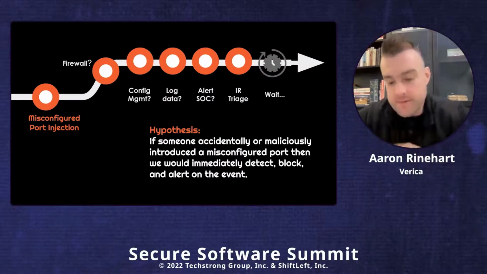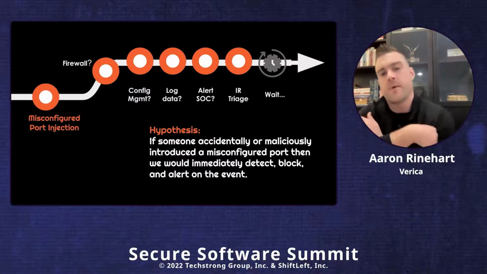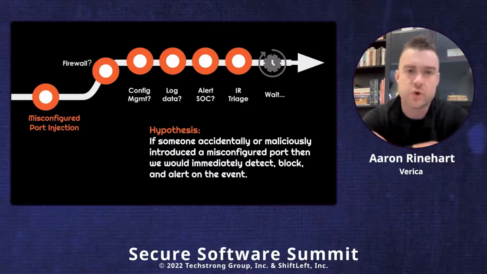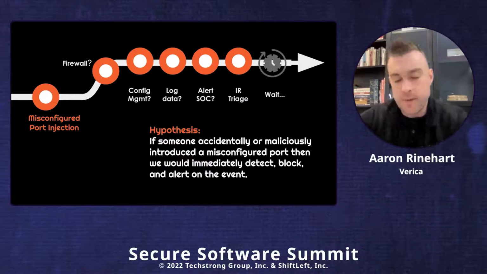All right, so the primary experiment we went with when we released ChaoSlingr to the open source world was a good example. We had several experiments that we used at UnitedHealth Group in an internal repo of experiments. We had a public one, but we needed an experiment that we could make public that a lot of people could understand. So no matter whether you're a firewall engineer, a network engineer, a software engineer, whatever function you are, an executive, you can kind of understand what a misconfigured port is.